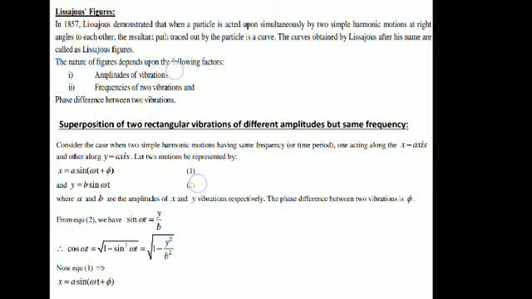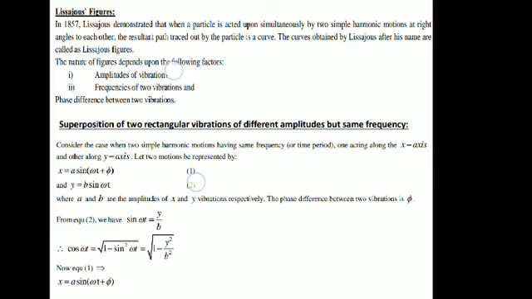Then he found that the resultant displacement of that particle will not give you an interference pattern. You will not get constructive interference, you will not get destructive interference. Because for constructive and destructive interference, both the waves should travel in the same direction and arrive at a point simultaneously, and then depending on the phase difference between the two waves, we may get constructive or destructive interference.